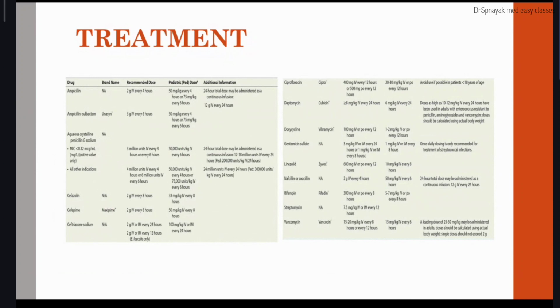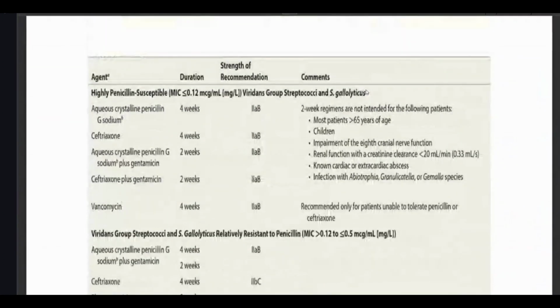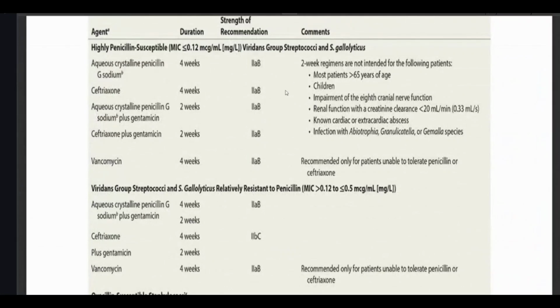So these are the treatment recommendations. These are the dosing. So let's learn about treatment options. First, for native valve endocarditis by causative organism. This is from a standard textbook, which is by Joseph T. DiPiro. These are the pharmacologic agents used in native valve endocarditis for highly penicillin susceptible organisms, which is Streptococci and S. gallolyticus. Aqueous crystalline penicillin is used for 4 weeks, and 2 week regimens are not intended for the following patients: